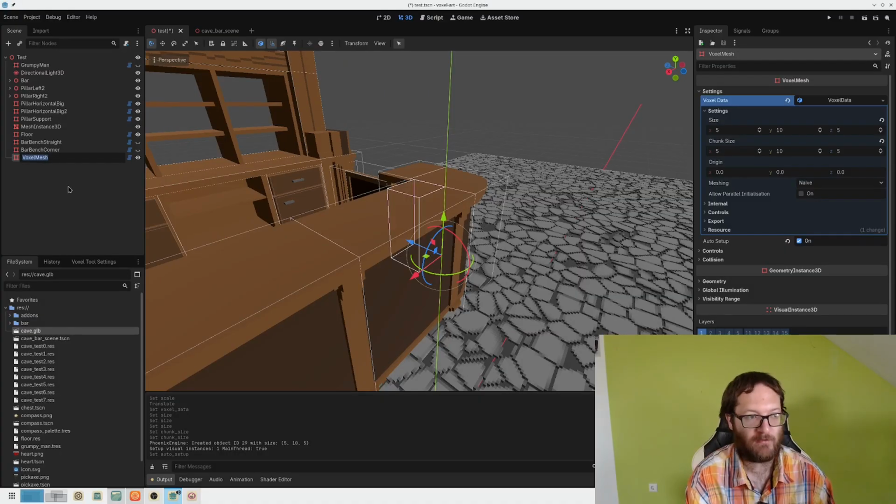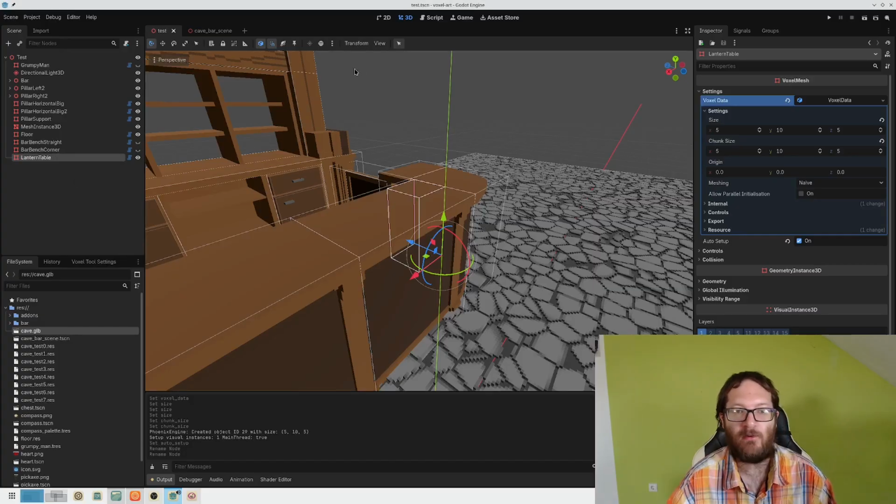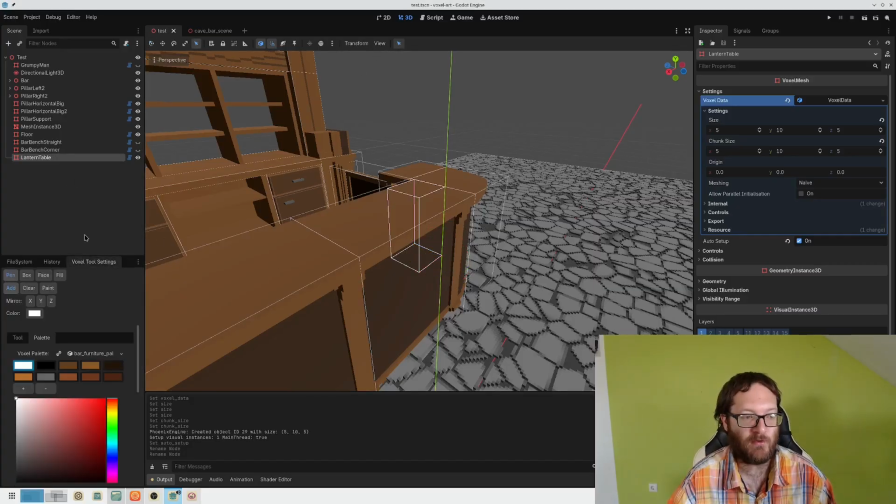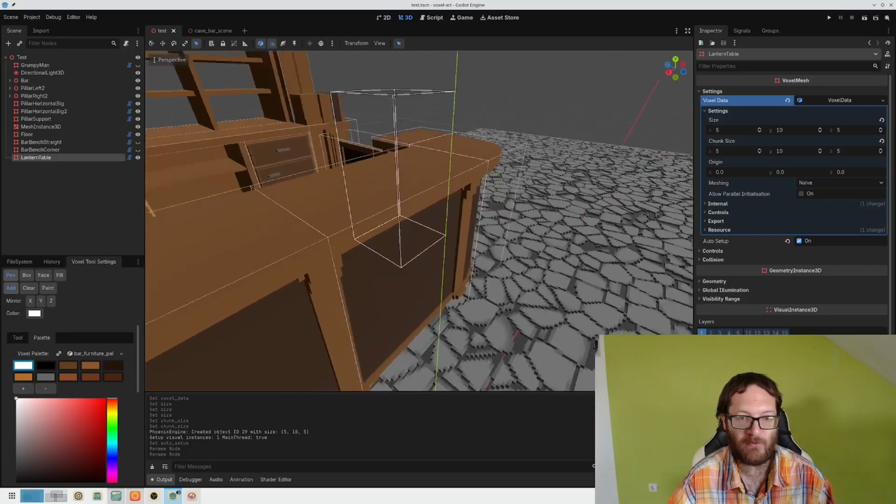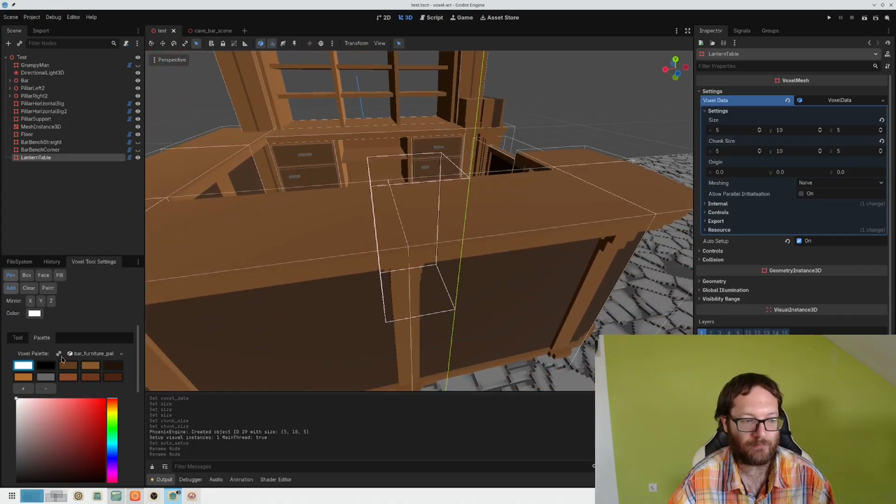We just make this into a lantern. It's lantern table or something. Call it this. Then we go here into my voxel mode. Use my tool settings here so we can have the editing. And then try